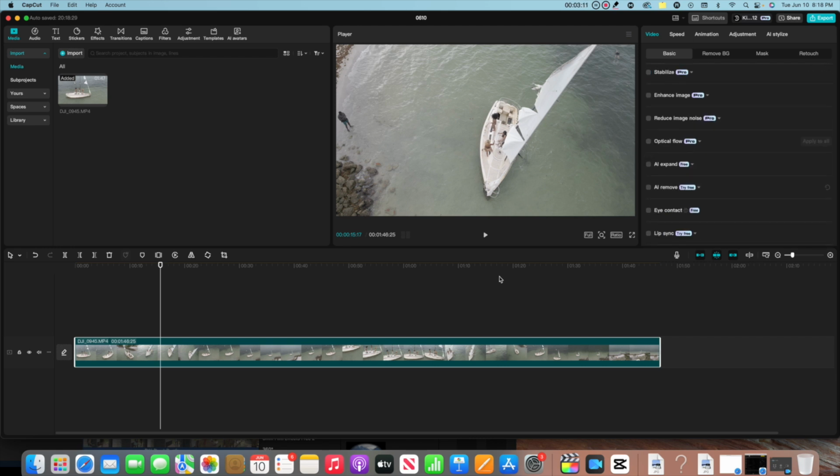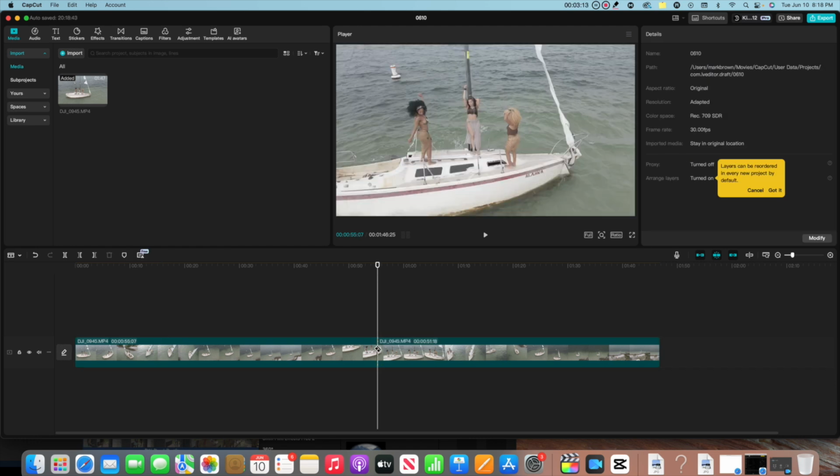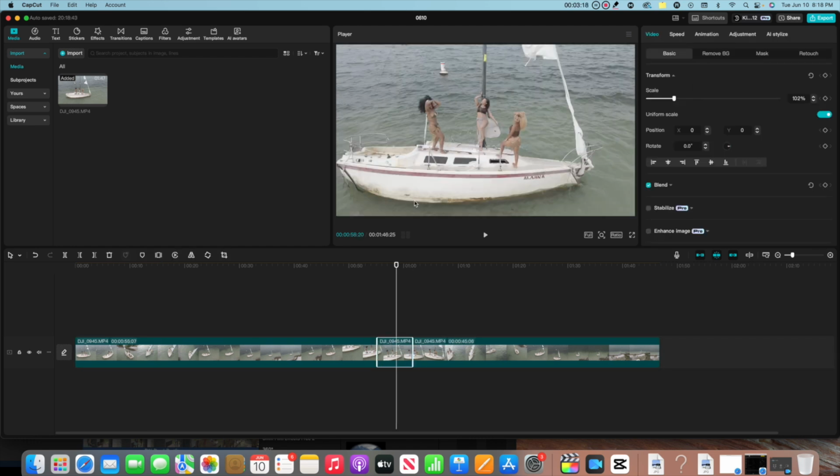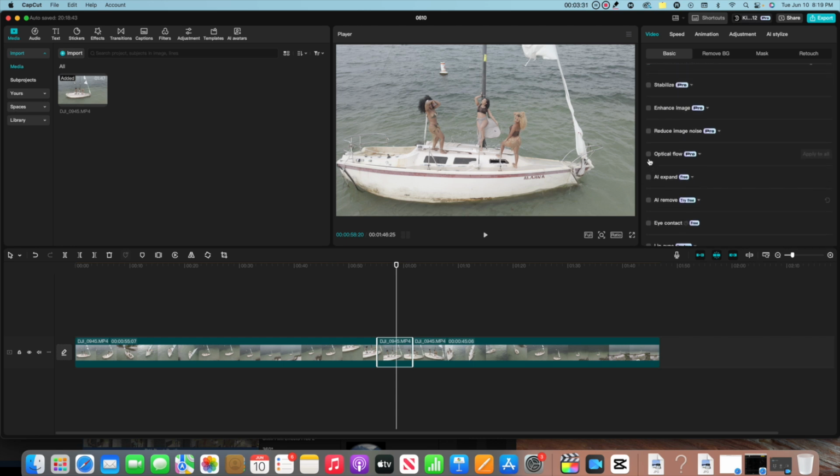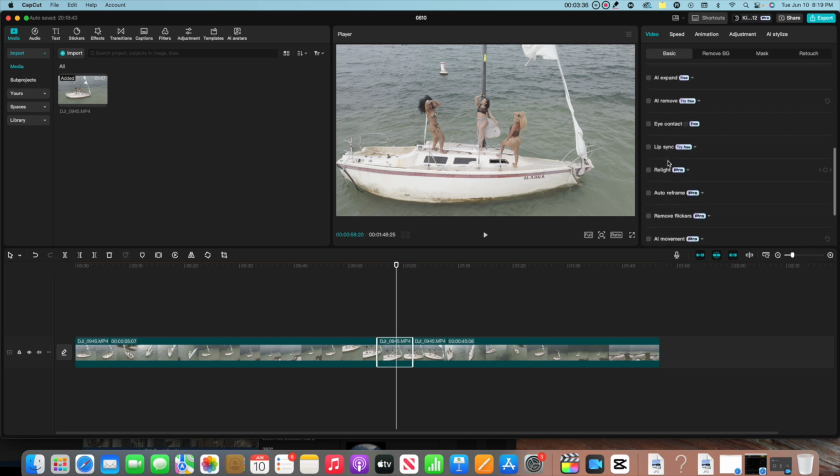Optical flow is basically, as I was saying before, if it's not in slow motion and you slow it down, you can press optical flow to make it a little bit smoother. That's the thing with CapCut, it's always updating. So a lot of these I haven't even seen or tried yet. Remove background,